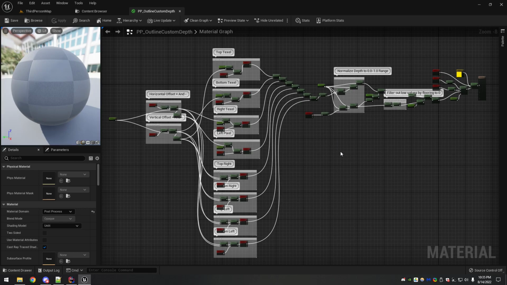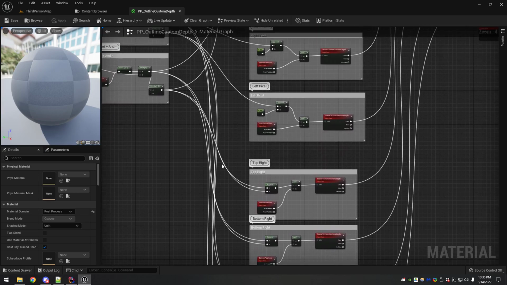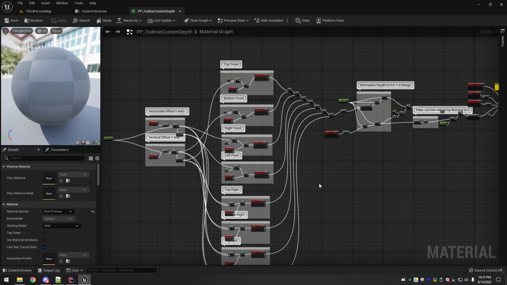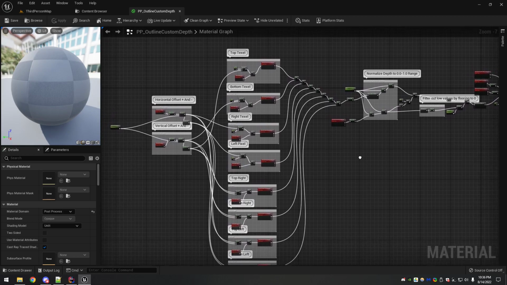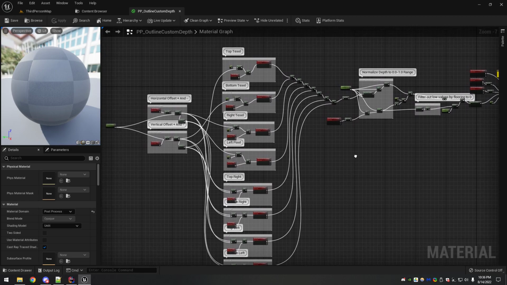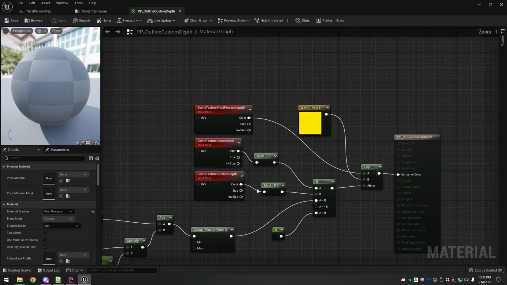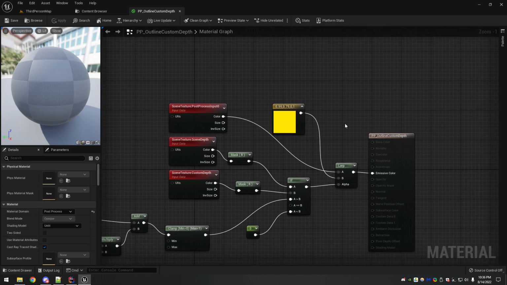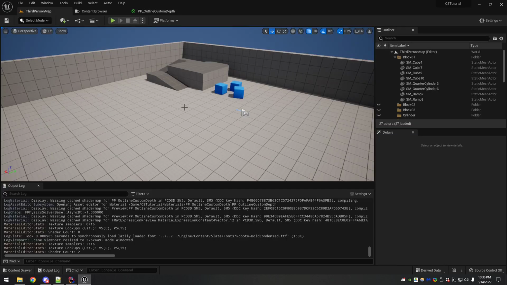But what it does is you can see there are these labels they put for top, left, bottom. It looks at the extent of the space on the screen that this actor or the mesh takes up, and then it allows it to mask that out and then apply some stuff to that. One of the main things being an outline and a color here. And so if you want to change the color of your highlighting, you can come in here and tweak this. But now how do we apply this?